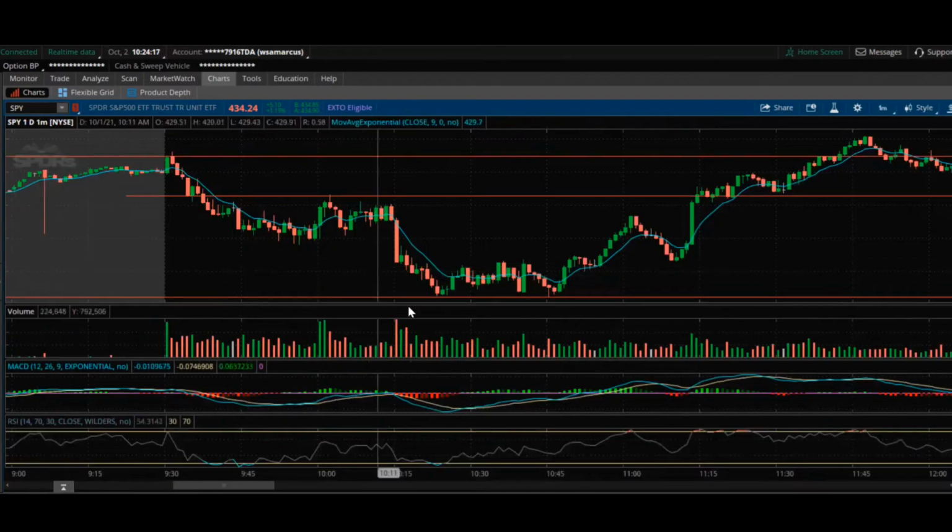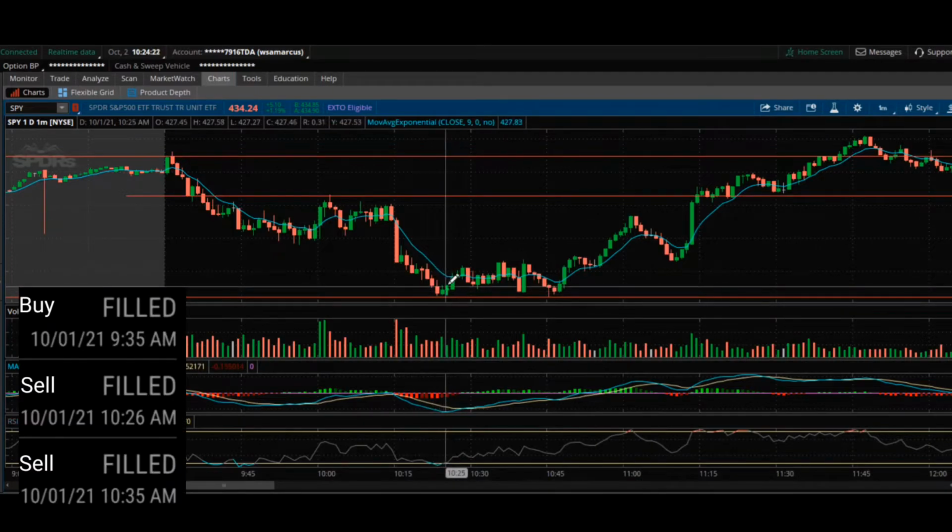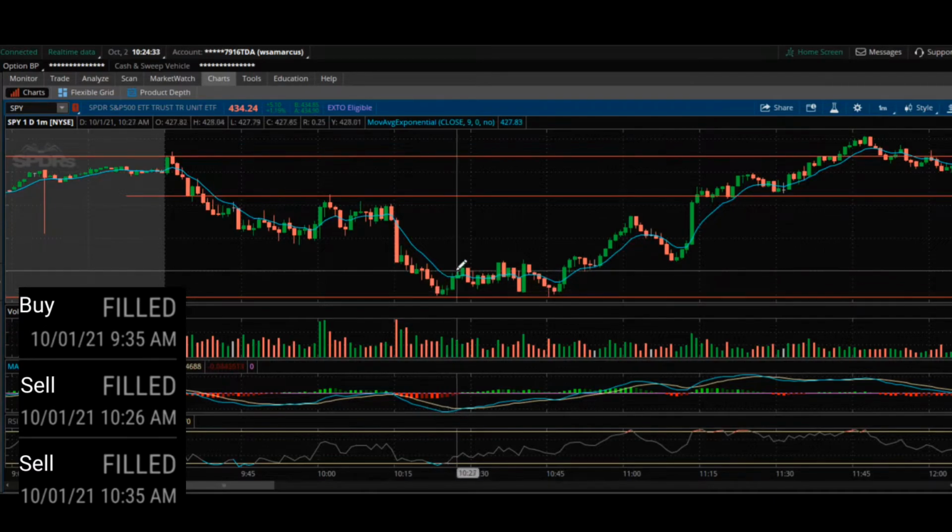So if we look over here, I took my first profit at 10:26 because we started to go sideways. I was in at 9:35, so I'm like, hey, I'm good with some of my profits here. Let me take half off the table, keep the other half just in case we roll over and go down towards that 425. We started to bounce over here,